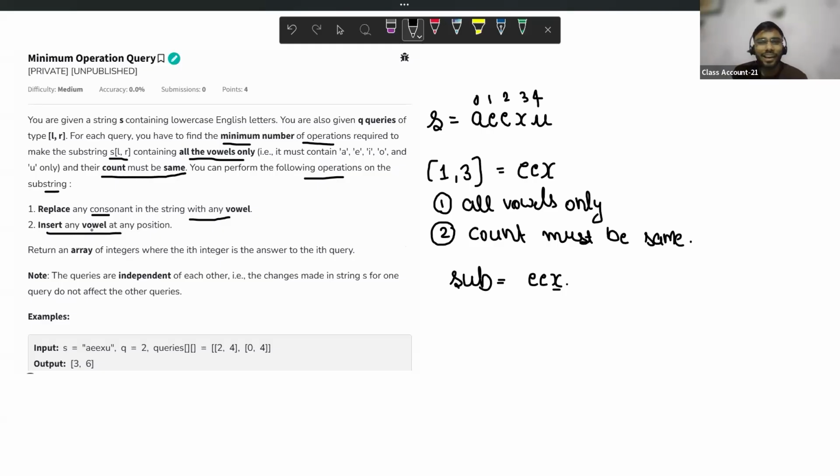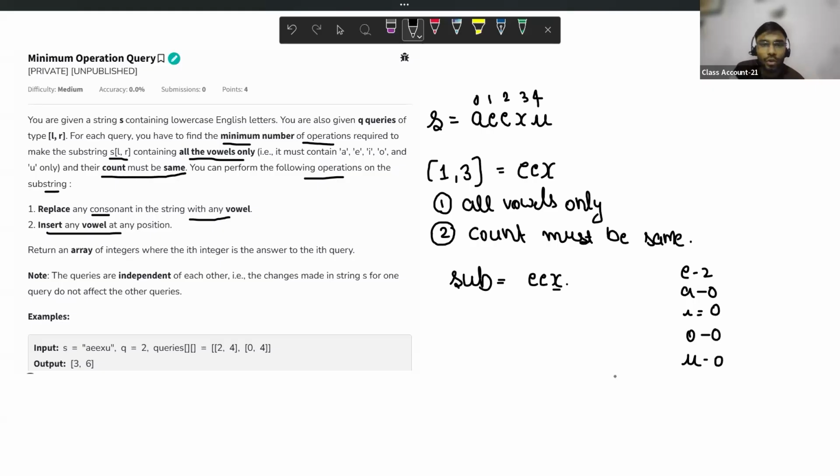Simply, if we encounter this question, they want to make my substring with the maximum possible number of the given vowels. Let me explain. Here we have two E's. If I see the count, E is 2, A is 0, I is 0, O is 0, U is 0.